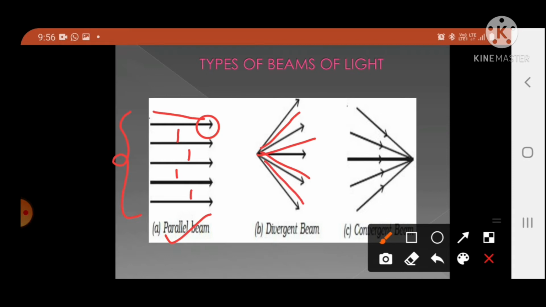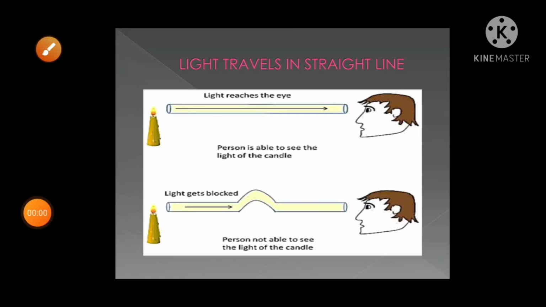In a convergent beam of light, as you can see here in the picture, the rays come closer and ultimately they meet at a point. You must have seen sunlight entering a dark room through a small hole. It travels in a straight line, and to prove this,